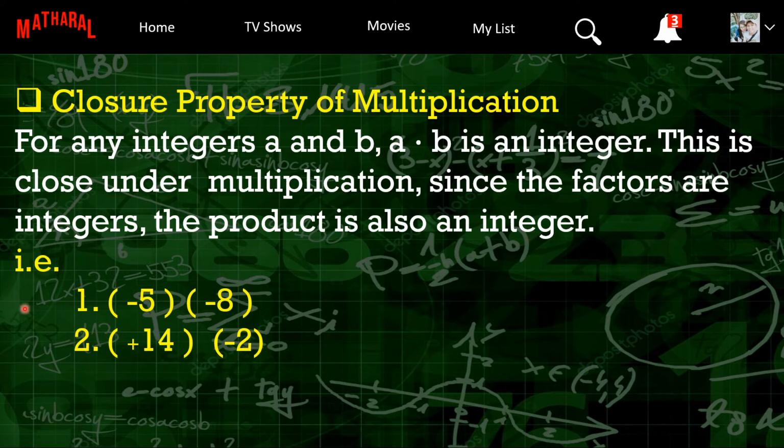For example, number 1, negative 5 times negative 8. Is it a pair, number, or integer under the closure property of multiplication? Number 2, positive 14 times negative 2 is another paired number or integer under the closure property of multiplication. So for our next slides,